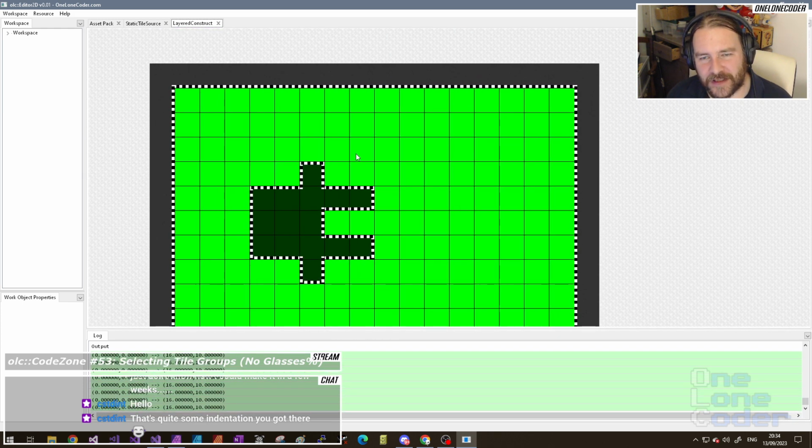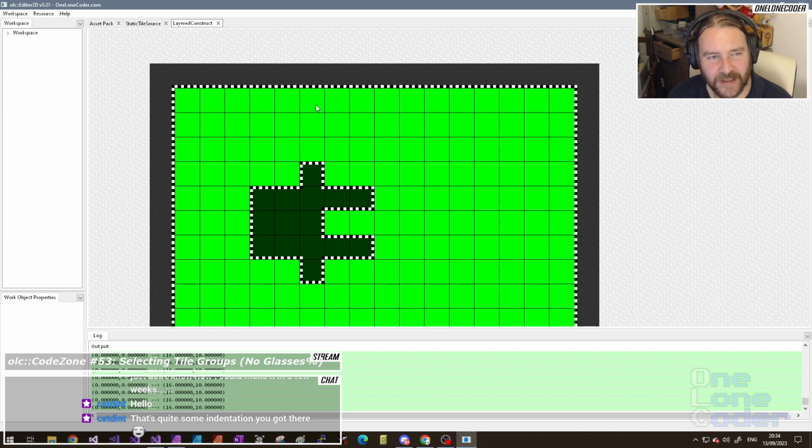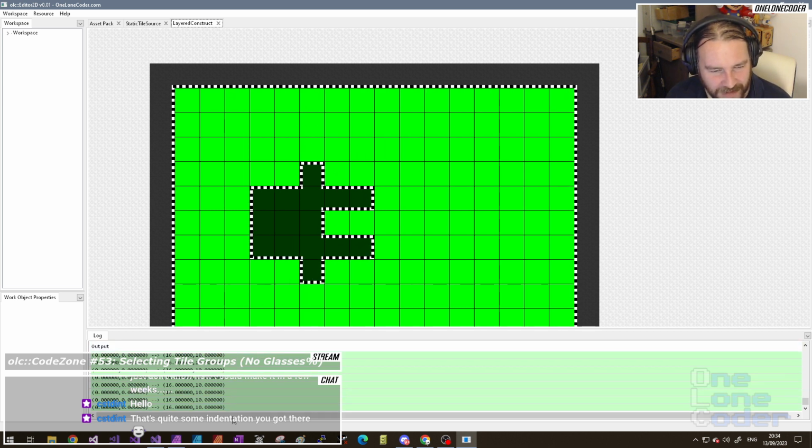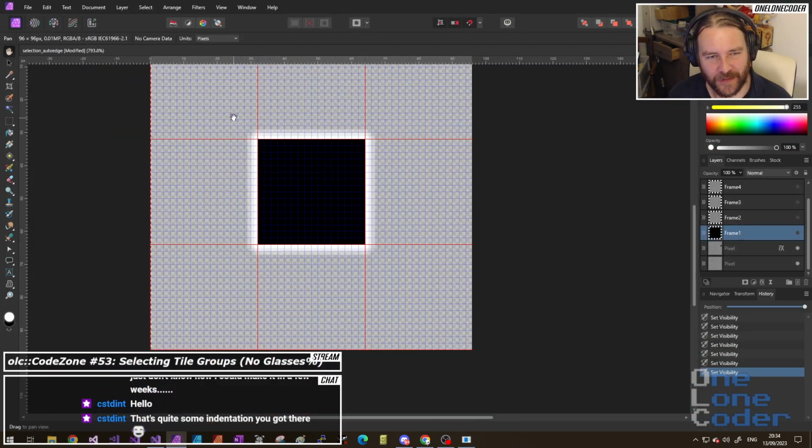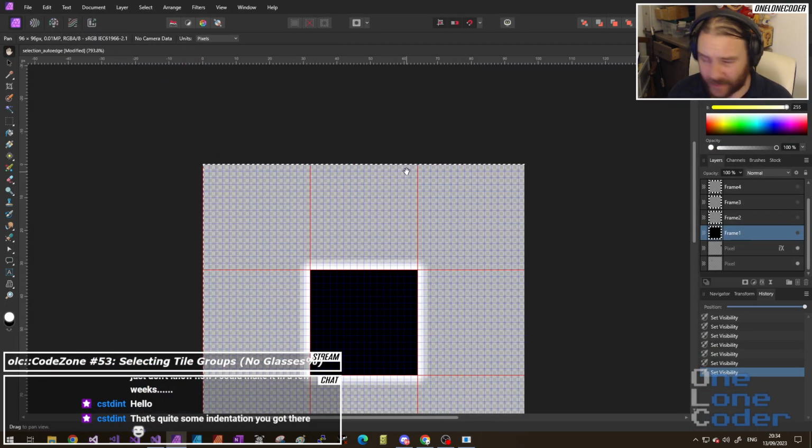But what I wanted to get going was sort of the marching ant selection thing. I posted this on the Discord over the weekend, to sort of show where I was at. And there's two types of marching ant thing. The first, if I just pull up Affinity, this is the one everybody's familiar with. You sort of see in Photoshop. I don't know if you'll see it on the stream, but there's a very thin line of black and white